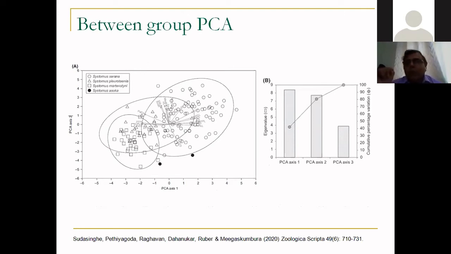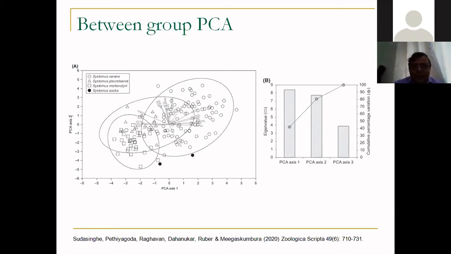In between group PCA, you will extract the principal components in such a way that the characters which are separating the groups are given more weightage than characters which are not separating the groups. So you actually give more weightage to characters which are more important to separate the closely related organisms. You will see that in between group PCA, the number of axes you extract will be less, because you don't need so many axes. It might extract just 2 or 3, and you'll be able to see the variation in just 3 dimensions.